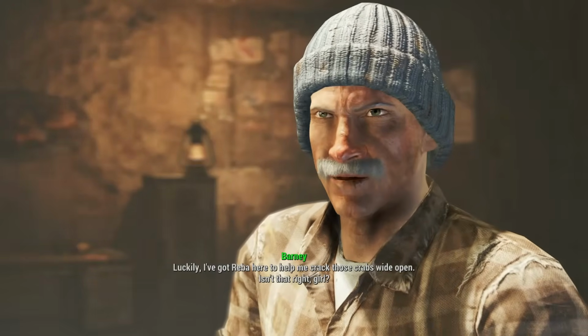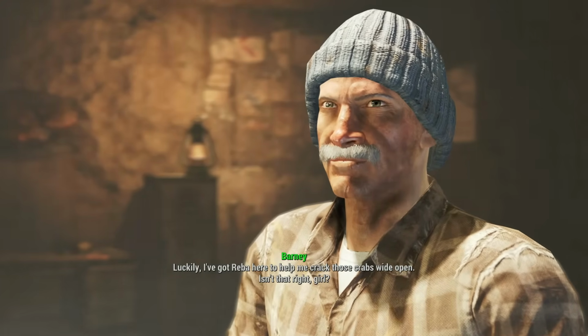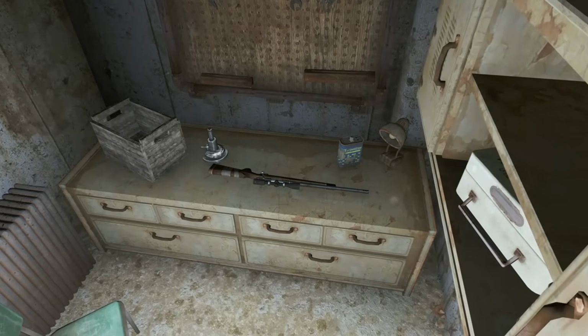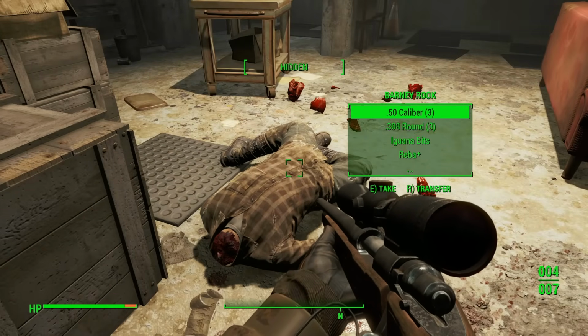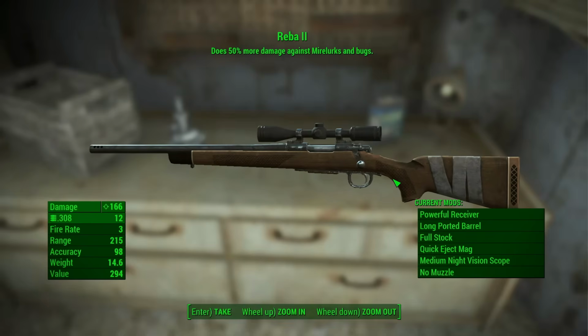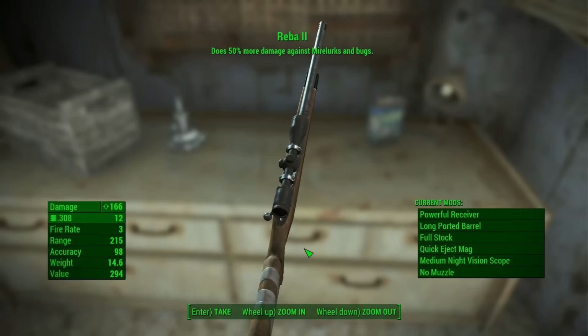Once inside, we can speak to Barney, who will tell us about his rifle Reba, and her sister Reba 2. Completing this quest for Rook will reward us with a key to his storage and access to Reba 2. Still, we can also obtain the original Reba from Barney himself, by more nefarious means. The interesting thing about these guns is that Reba 2, the quest reward, is a legendary variant that does boosted